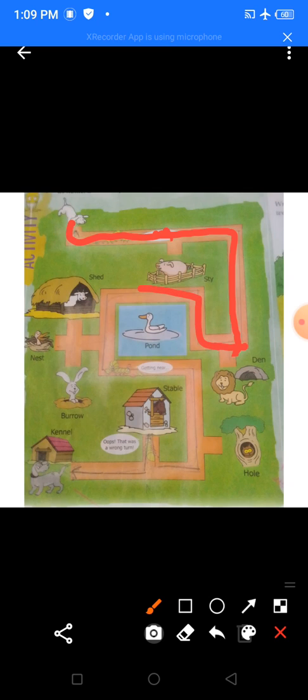Now let's see who we meet next. This is the road and here whom we meet. Okay, here we met Miss Cow. And Miss Cow lives in a shed. But does Ruby live in a shed? No, she doesn't live in a shed. So she won't go here. Now whom she met next is Mr. Bird. Now Mr. Bird doesn't live in a kennel. Mr. Bird lives in a nest. So Ruby cannot go here also. So where does Ruby go next?